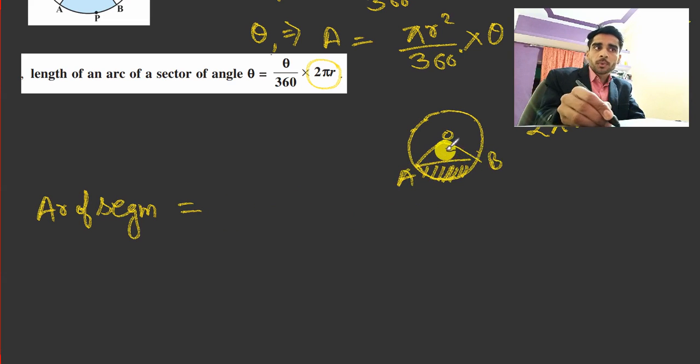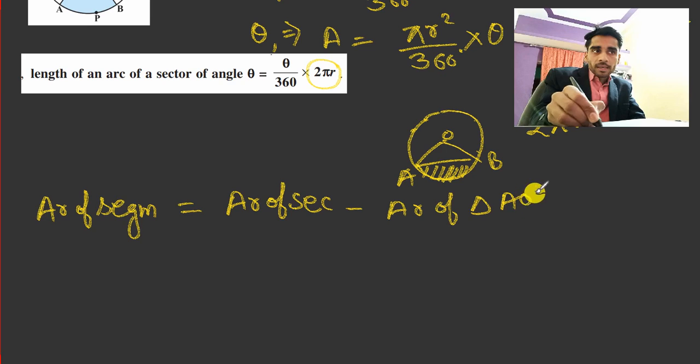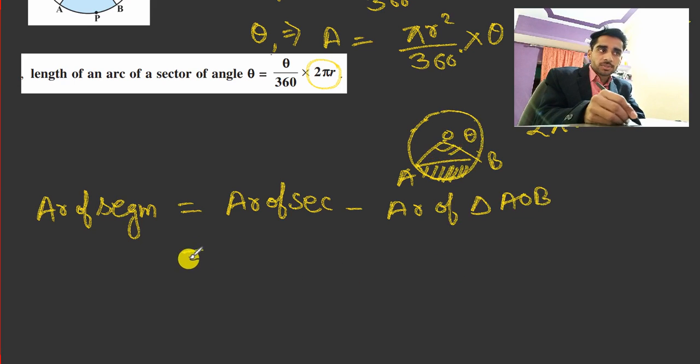Logically we can approach it by the area of the sector, the whole area of the sector minus, if we subtract this portion, the area of triangle AOB. This will remain. Consider theta as the angle at the center, so it will be given by the formula